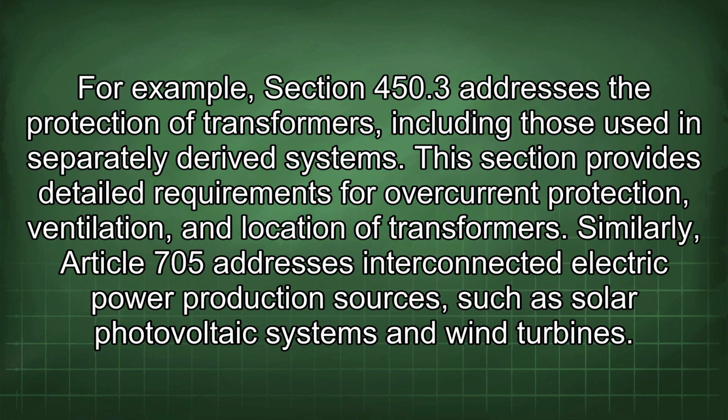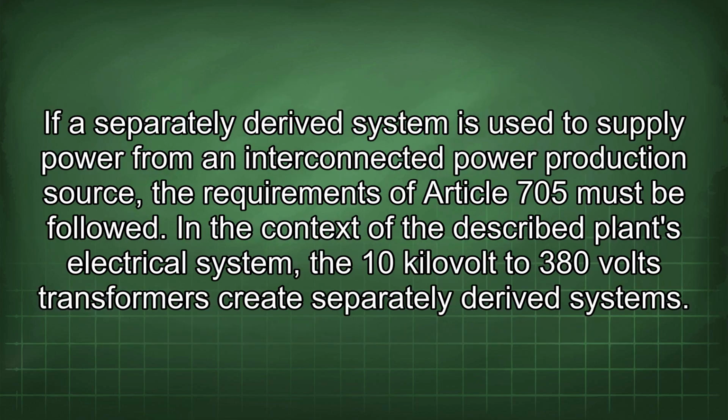For example, Section 450.3 addresses the protection of transformers, including those used in separately derived systems. This section provides detailed requirements for overcurrent protection, ventilation, and location of transformers. Similarly, Article 705 addresses interconnected electric power production sources such as solar photovoltaic systems and wind turbines. If a separately derived system is used to supply power from an interconnected power production source, the requirements of Article